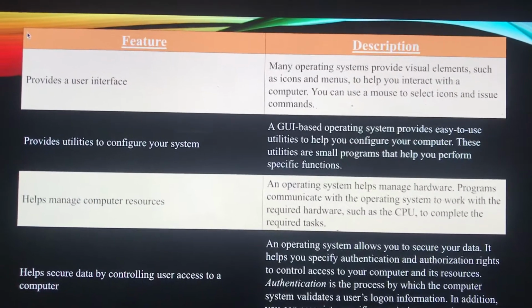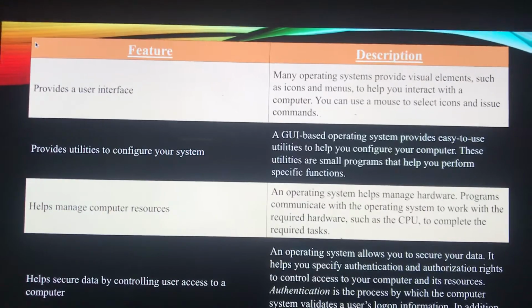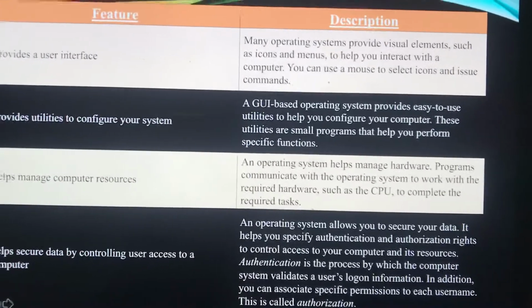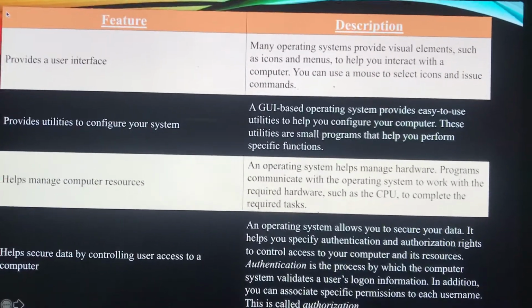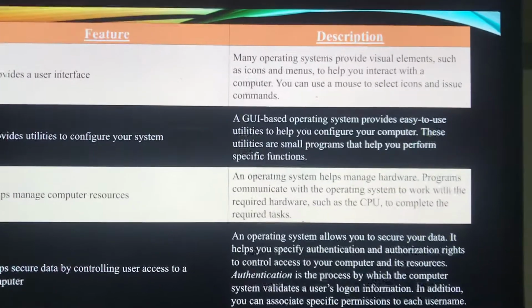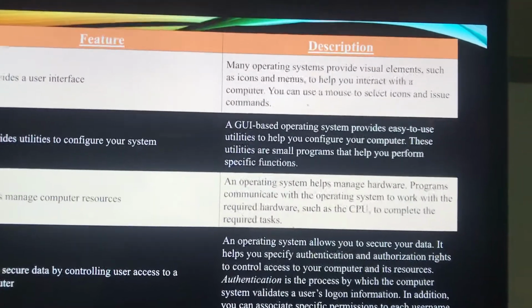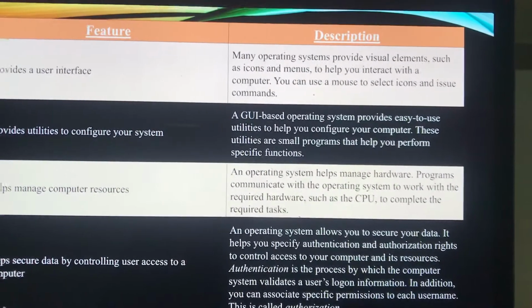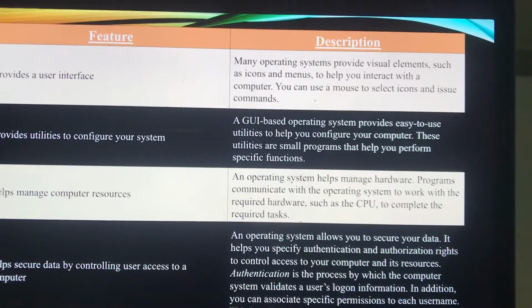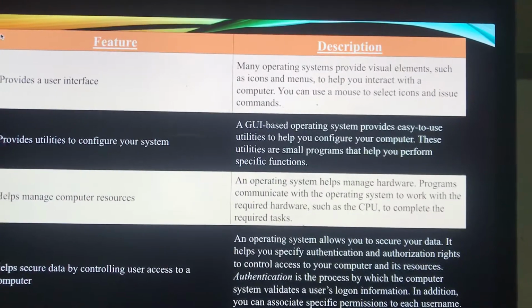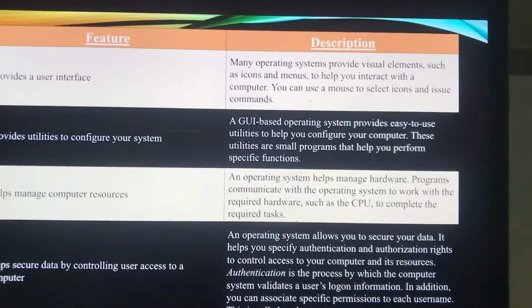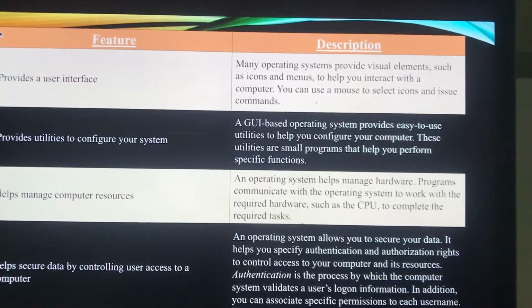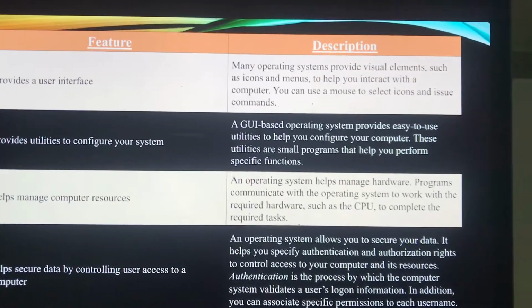Next is provides utilities to configure your system. A GUI, that is a graphical user interface based operating system, provides easy to use utilities to help you configure your computer. These utilities are basically small programs that help you perform some specific functions. For example, connecting to a network, managing resources, or adding new programs to your computer.